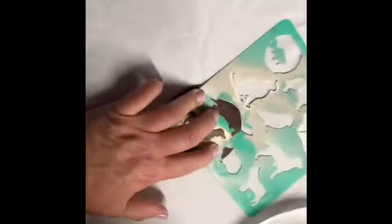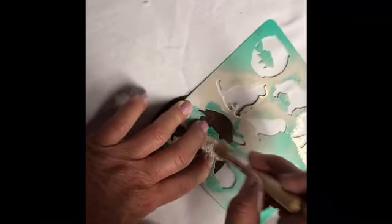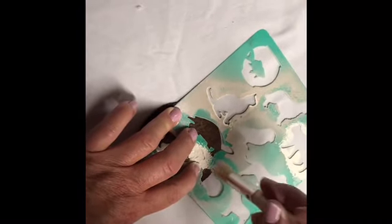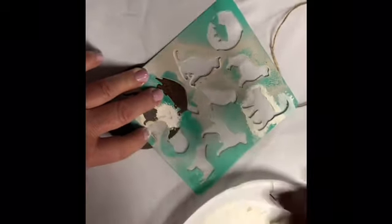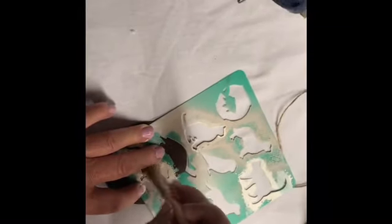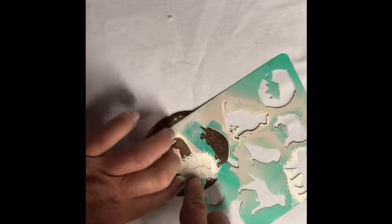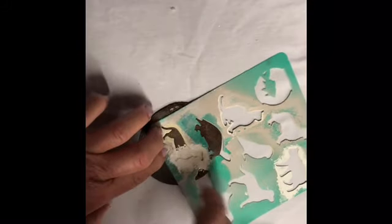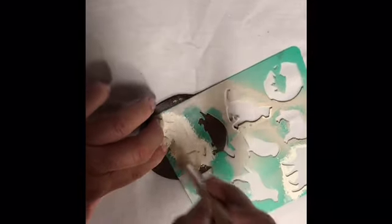Being that these stencils are really small, I tried a couple different ways to do this, and the best way that I found is just holding it really tightly and then using the stencil brush, putting a small application of paint on the brush and dabbing it up and down. I first tried to tape the stencil down and use a spray paint, and that was too wet and too runny. Then I tried an acrylic based paint and taped the stencil down and brushed across there. And again, it just looked like a big blob. It didn't make a good enough definition around the legs and the ears and the face of each of the